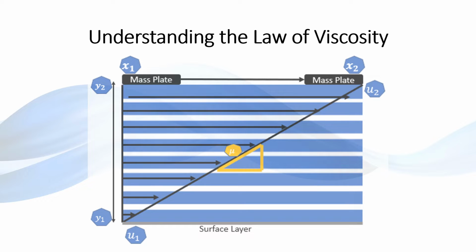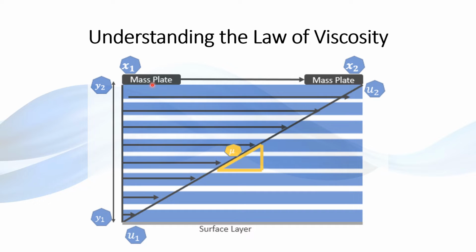This figure shows an exaggerated view of the system that will be analyzed in this project. Notice that the boundary layers are thin and parallel and move in a laminar flow. At the surface area, where y1 and u1 are located, the velocity here is assumed to be 0 because of the no-slip condition. At the boundary layer, where the surface of the water and the plate meet at y2, right here,